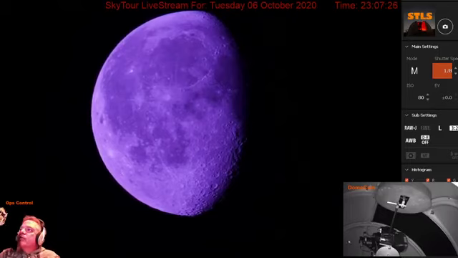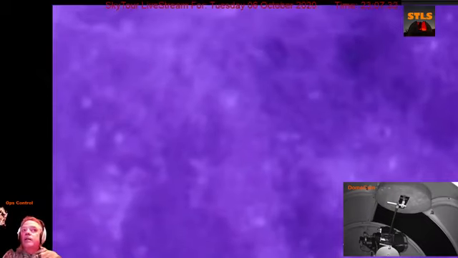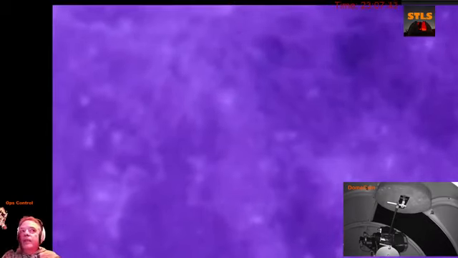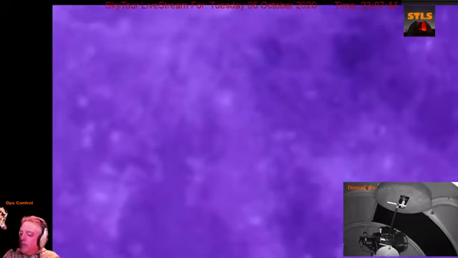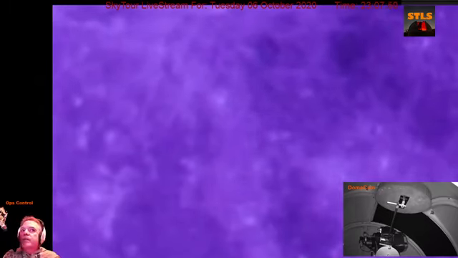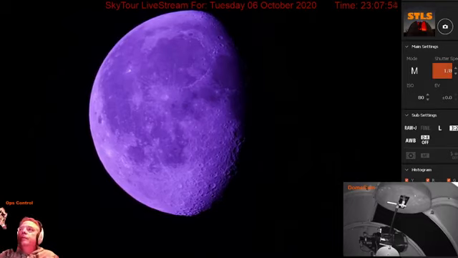This is the live moon, by the way. This isn't the photo. I mean, we're looking at the live moon. You can tell because when we zoom in, you can see the seething, unsteady, turbulent atmosphere. Usually this is what the sun looks like when you look at the sun. It looks like this because you're looking straight into the hottest part of the atmosphere that is local to you. So let's see here. Let's take a photo.